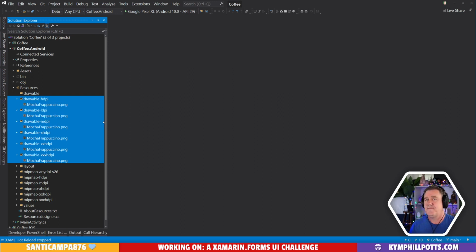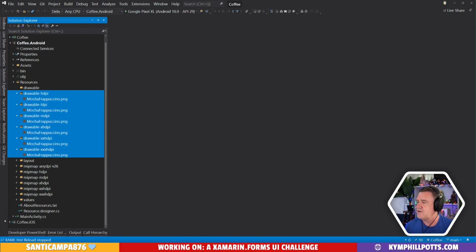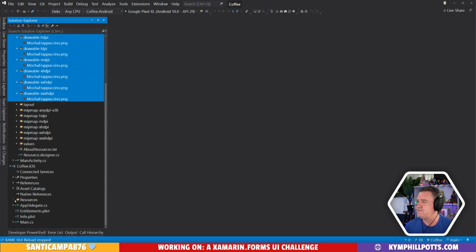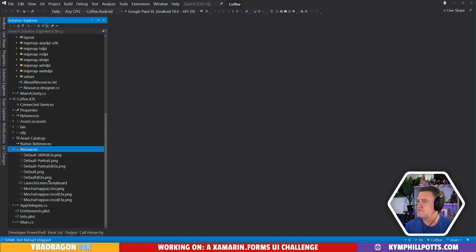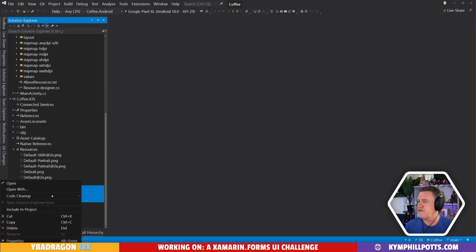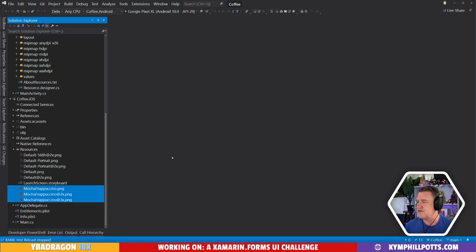Lovely. And we should do the same thing for iOS as well. Probably I should add in a view model at some point. I'm not going to bother with it right at the moment because I'm just going to focus in on the design side of things.